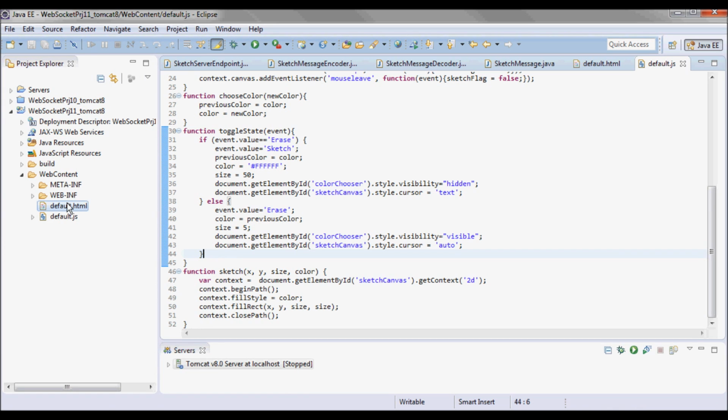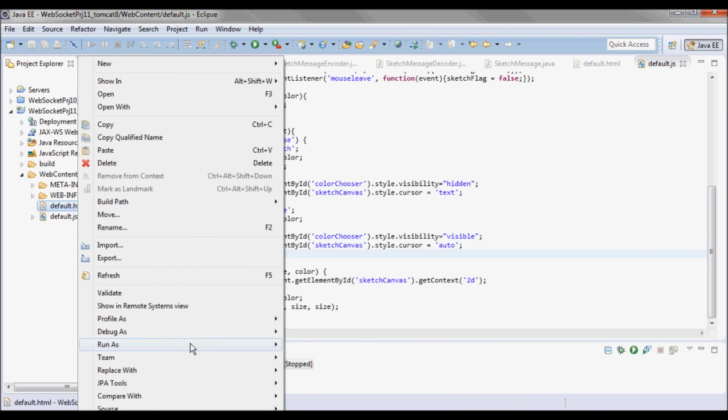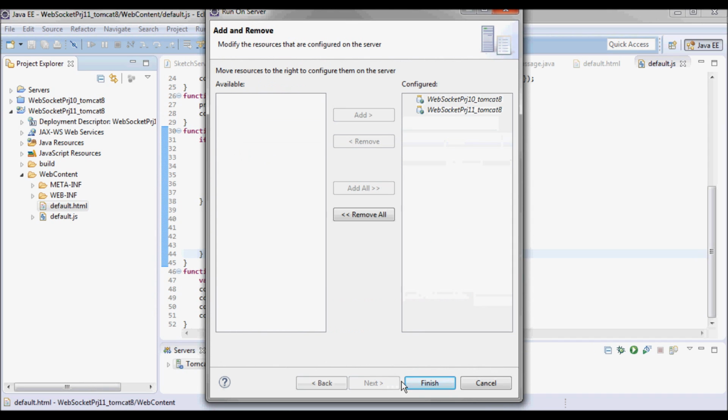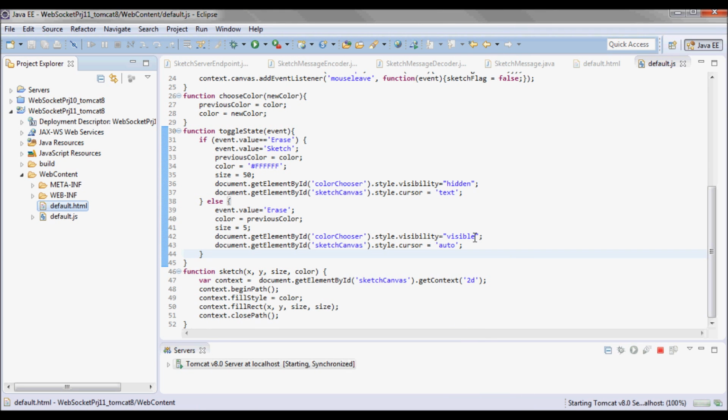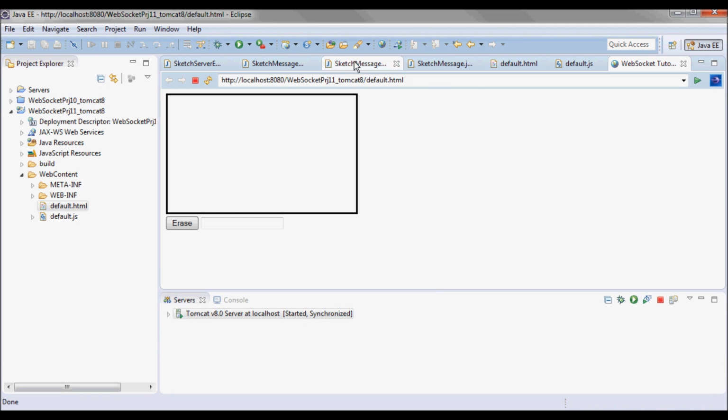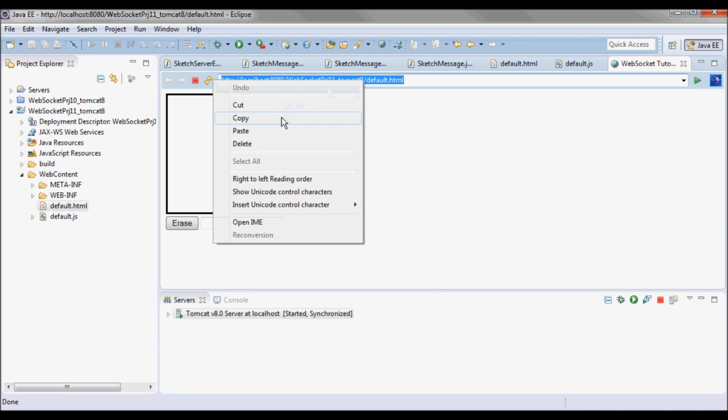And next, let's go ahead and test run it. And let me actually open up a new browser.